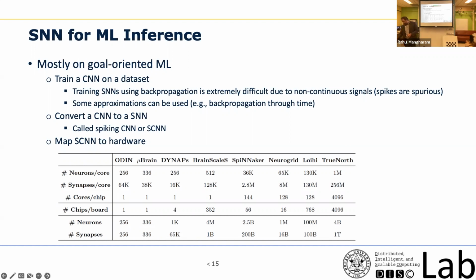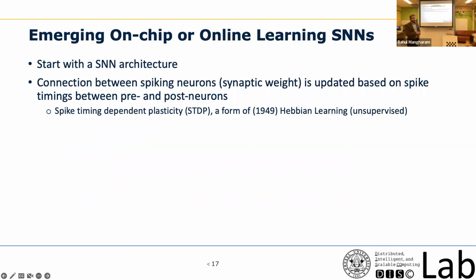So to come up with an SNN design, do you always convert from some ANN or CNN to SNN? No, that is for inference only. Let's say you have a CNN type of architecture. First you train it, then you convert it into an SNN and deploy it on those kinds of hardware. But these capabilities are new ones that SNNs facilitate, which CNNs don't.